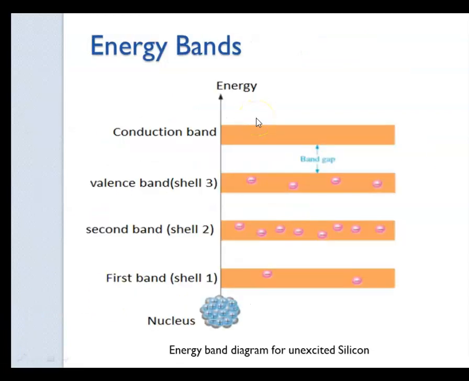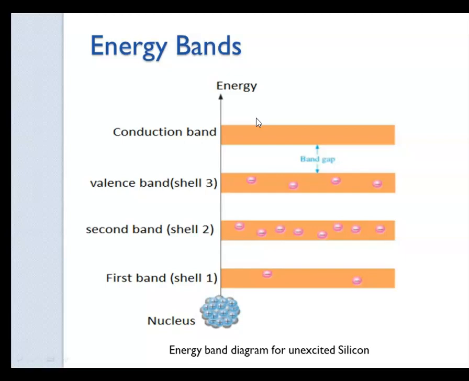Now we understood that along with every electron shell there is an associated energy level. So let us discuss the energy bands in detail. The electrons in the first shell will require the highest amount of energy for their excitation. Therefore, the first shell is said to have the lowest amount of energy associated with it. On the other hand, the valence electron requires the lowest amount of energy for its excitation. Hence, the valence shell is said to have the highest amount of energy.